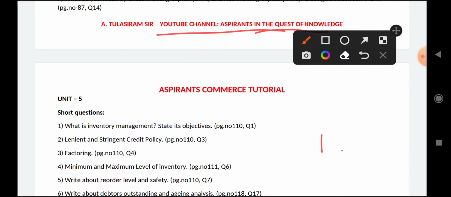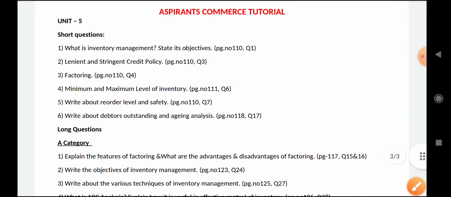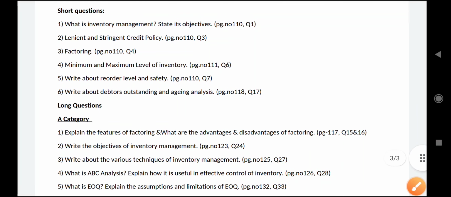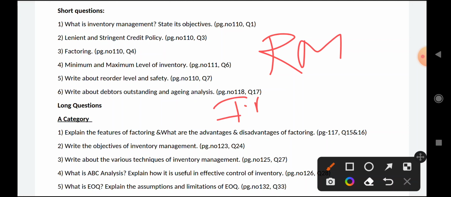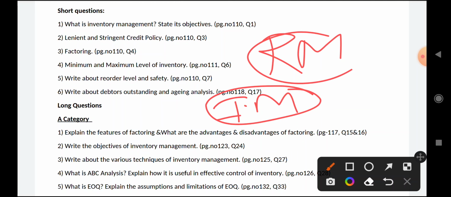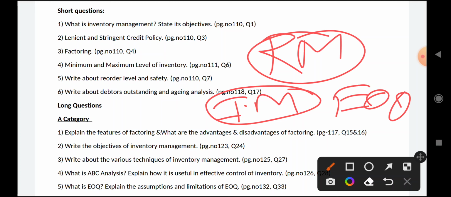Next, Unit 5. Most of the times in Unit 5 we may get theory questions itself. Sometimes receivable management problems and inventory management problems will be asked, and those problems we discussed in the class. You can do those. EOQ problems, स्टॉक लेवल प्रॉब्लम्स अच्छी तरह करके जाओ, और 2-3 questions relating to receivable management